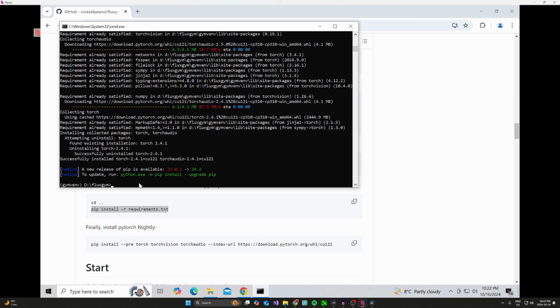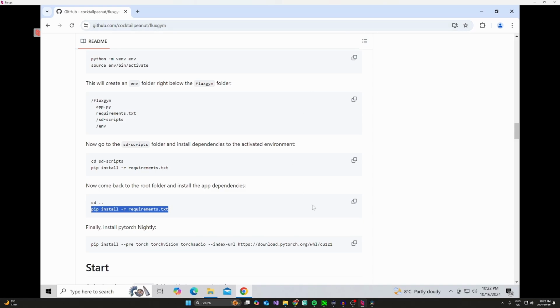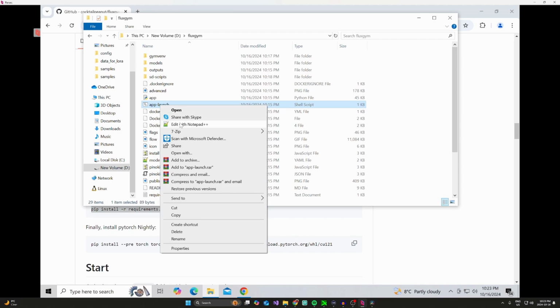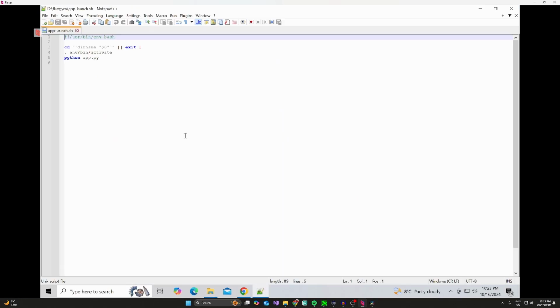Alright, once we got everything completely installed, we can go ahead and close our command prompt. Now that we got everything installed, we want to go to the app launch program, and we're going to open it up with Notepad or Notepad++. Where it says bin and activate, we're going to put whatever we called our virtual environment, which for me was gym venv,